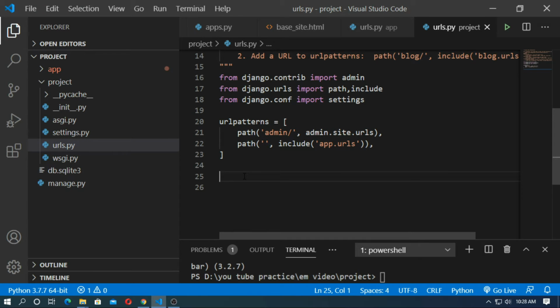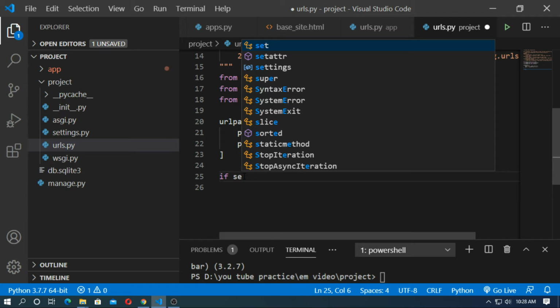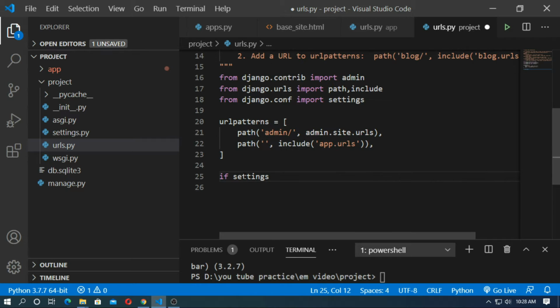So type here, if settings.DEBUG, then import debug_toolbar, then use the URL pattern of debug toolbar.